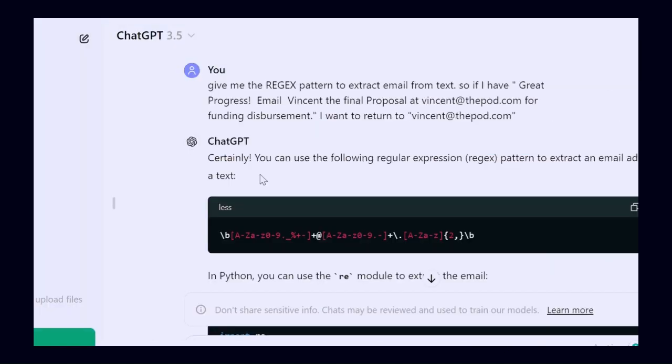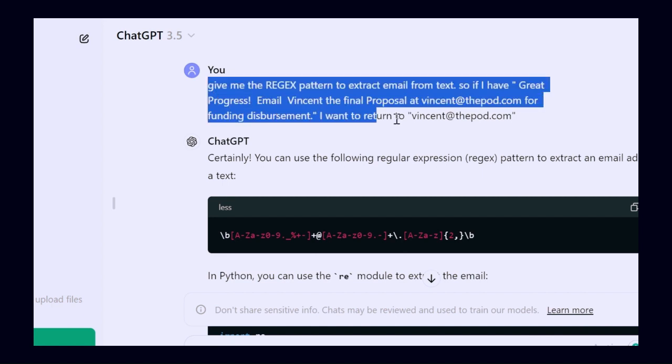So we go to our ChatGPT, then we just give it what we want. What do you want to get? So this is the text. I'd already done this. Give me the regex pattern to extract email from text. So if I have, great progress, email Vincent the final proposal at vincent@thepod.com for funding disbursement, I want to return Vincent@thepod.com, gmail.com, double